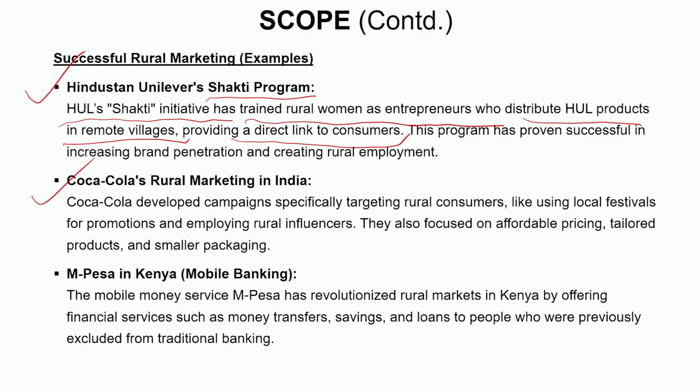Second example, we can take rural marketing in India. Coca-Cola developed a campaign specifically targeting rural consumers, using local festivals for promotions and employing rural influencers, and they focused on affordable pricing, tailor-made products and smaller packaging. If you remember Aamir Khan in one of the ad campaigns by Coca-Cola, which was placed in a rural area in a field of sugarcane, the line goes: